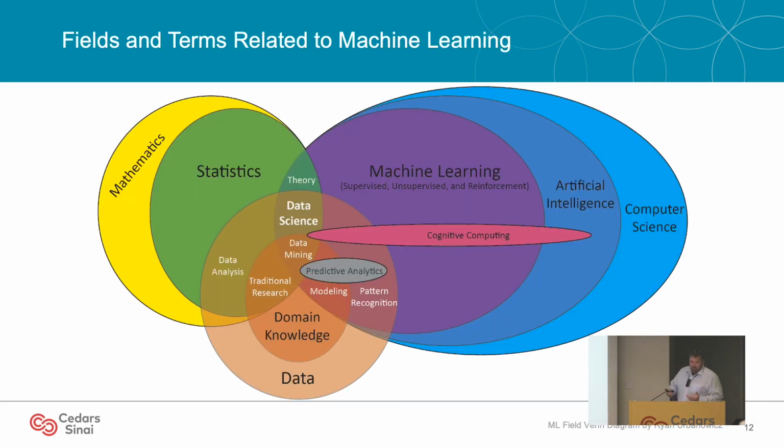I made this Venn diagram a while back to try and illustrate how some of the terms you hear related to machine learning fit together. Over on the left, we have mathematics and statistics. And over here on the right, we have computer science, a subdomain of which is artificial intelligence, and a further subdomain is machine learning. At the intersection of statistics and machine learning, we find data science and data mining. So this is meant to really just attempt to orient you. I'll mention this probably a couple times during the talk, but we will make these slides available to you after the talk so that you can use them as a reference in the future.